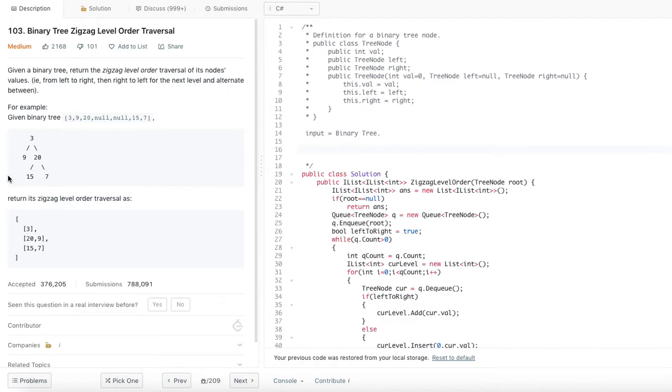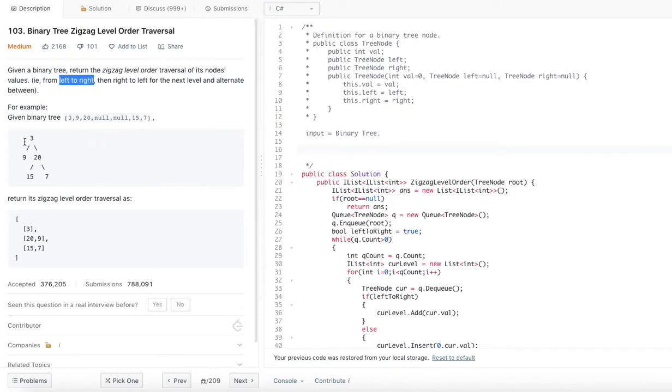So for this example, whatever is given on the left side here, 3 is the root node, 9 and 20 are its children, and for 20 there are two more child nodes, 15 and 7, right? If we were to traverse in zigzag, we are going to start from left to right.